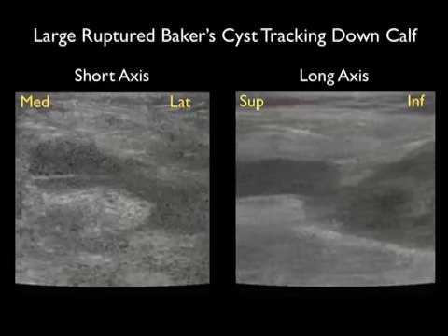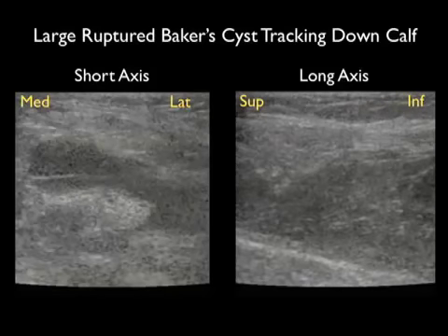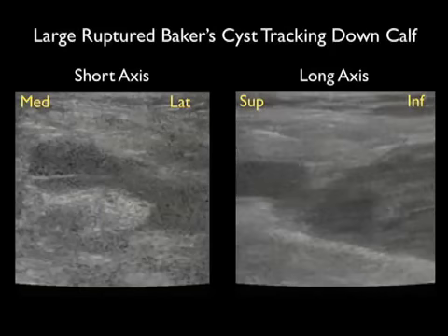In the long axis view to the right, I'm going to start by showing the superior axis to the left and inferior to the right, and we can see the fluid collection of the ruptured Baker's cyst tracking from superior